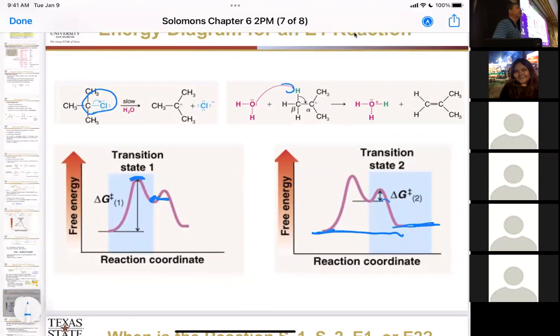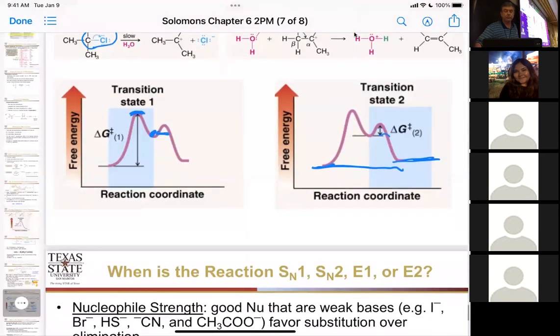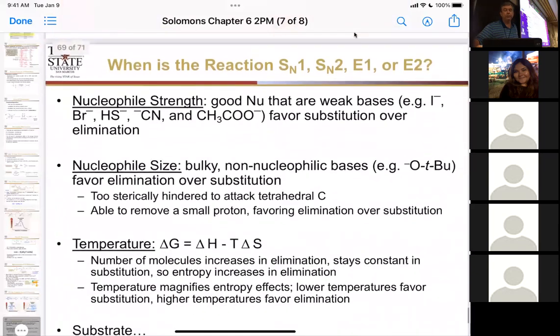The reaction is endothermic, okay? We're taking away 2 sigma bonds and making 1 pi bond. A lot of these reactions are endothermic. There's more energy in the product than there was in the starting material. Okay, and we're gonna see that in chapter 7. Okay, so